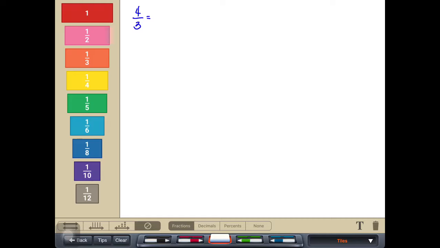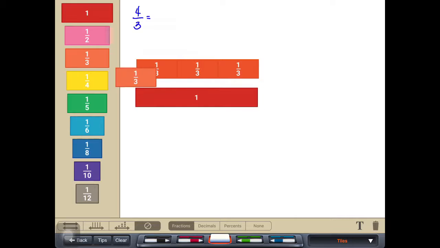So to do that, let us show first how 4/3 looks like. So first 1, 2, 3. 1, 2, 3. So 4/3, meaning I need to shade 4